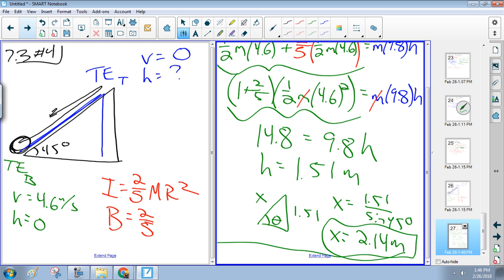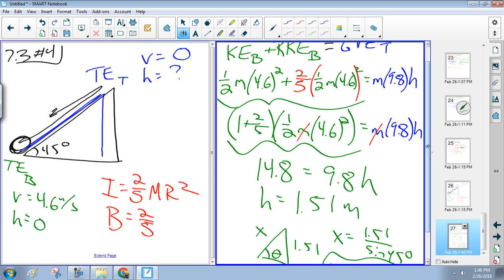Number 5 is similar. The only difference is you know the height and you're looking for the velocity. Okay? So basically, where you've got these 4.6s, you're going to have a v. And so you just solve for the v instead of solving for the h. So that is the deal with number 6. As I said, I will post that on my website. Any questions before I do 5? Pretty good. Alrighty then, number